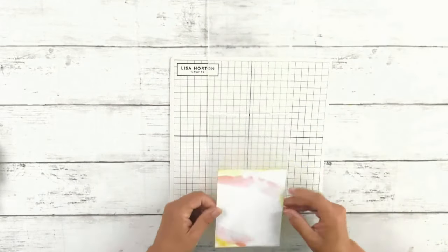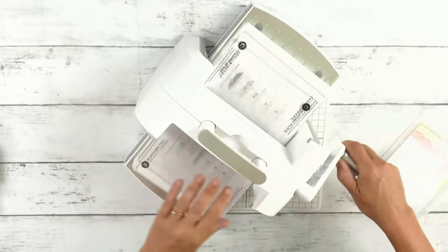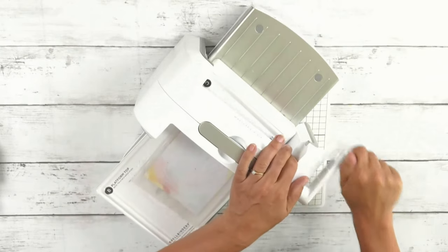I'm now going to get my die cutting machine, and I am going to use my Spellbinders Platinum. This is not the one that has the adapter plate. This is the one, literally, you remove one plate and you put your folder in. Mine's a little squeaky, but it's loved and, you know, works perfectly. So we'll run that through,